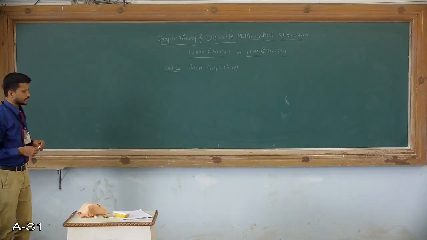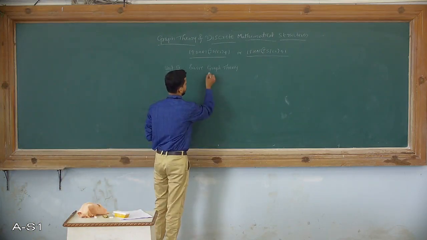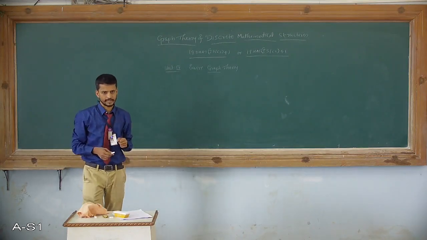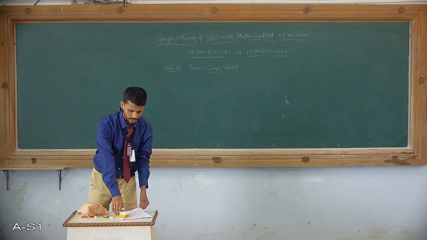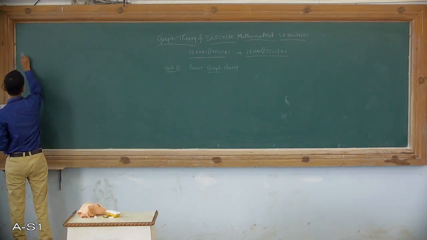So, in graph theory, first we try to define the word graph. First I will write down the definition of a graph, then we'll move to examples related to graph theory. So the basic definition is: